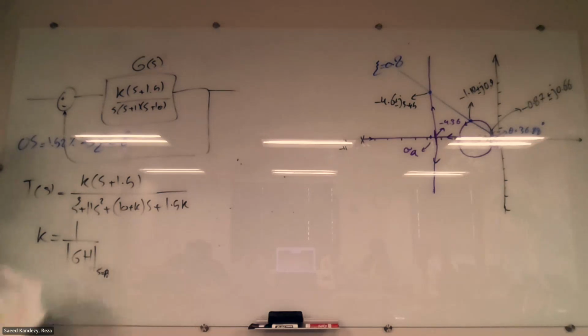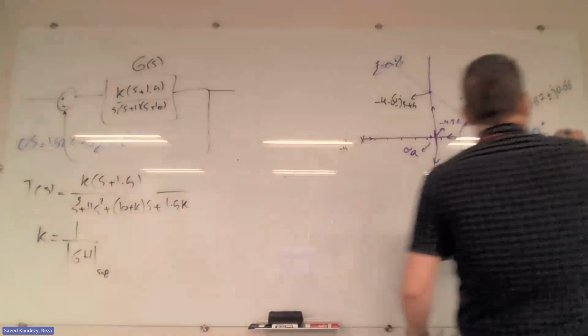Very good. And based on that, we can find the value of K, because KGH on those poles should be equal to 1. So 1 over GH on those poles would give us K. Very good. Now, if we run that, we would find out